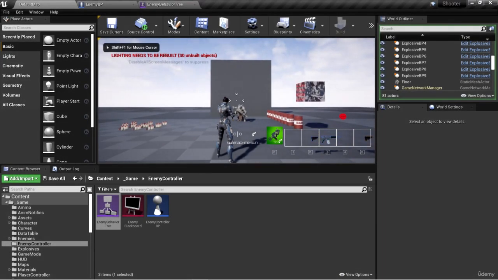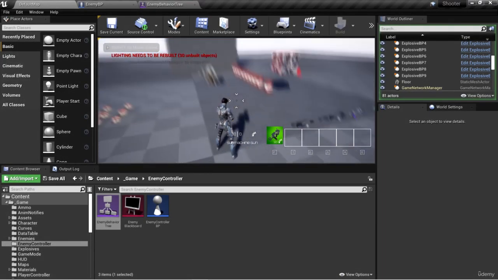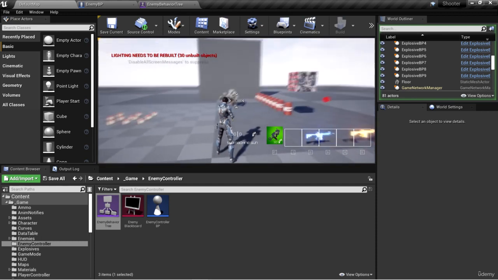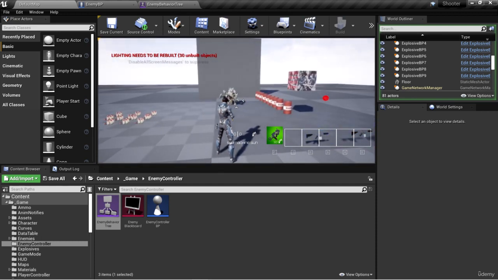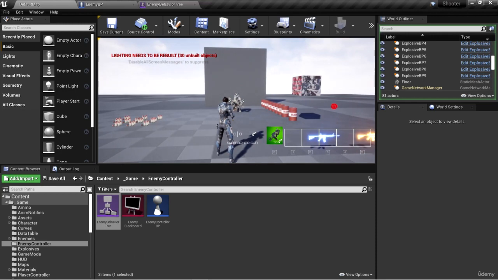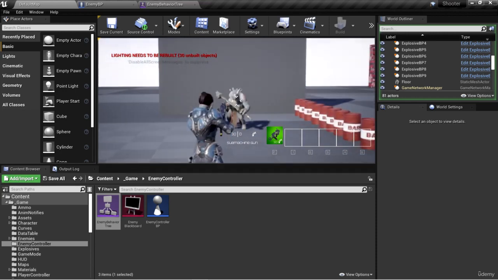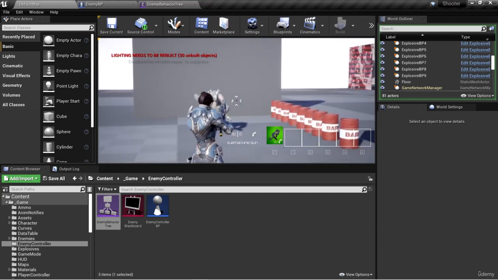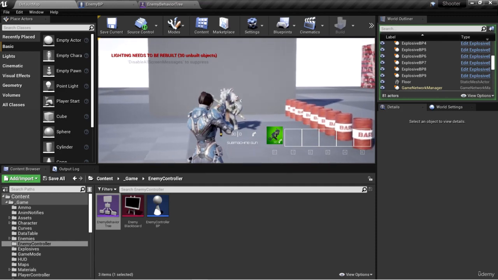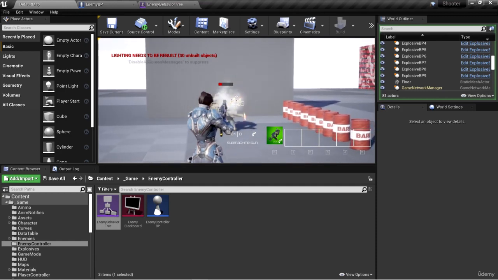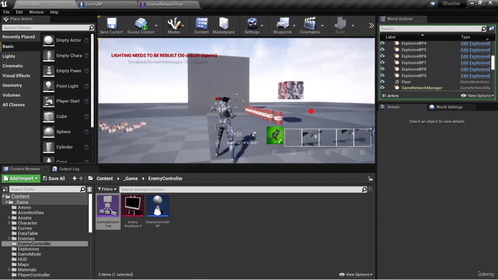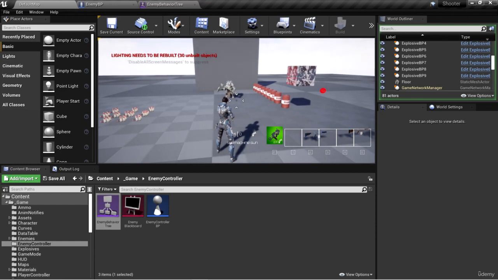Welcome back. Now, we're implementing AI behavior for the enemy, and that's going to involve chasing, attacking, and running around for the enemy. And we need to decide what happens when the enemy is playing its get hit function. So, for example, if I shoot it, it plays its hit react animation. And so we need to decide if it's going to be able to attack during that time or if it